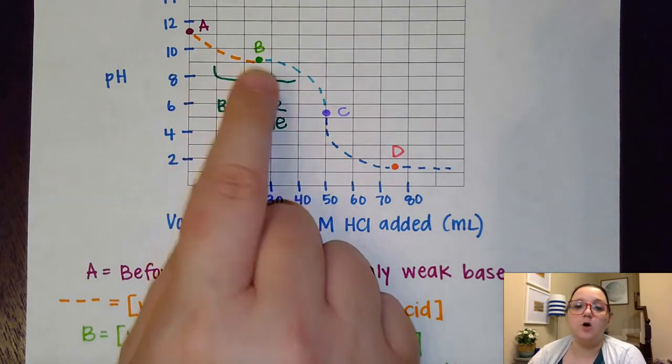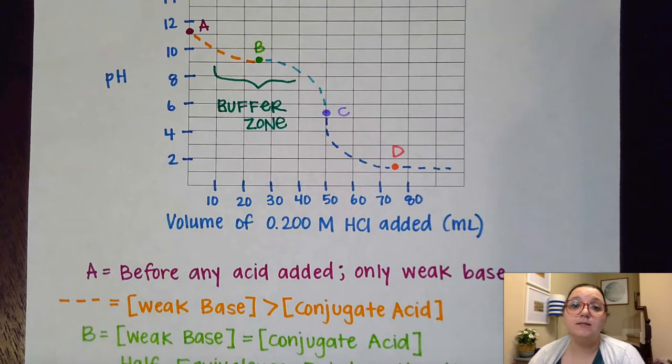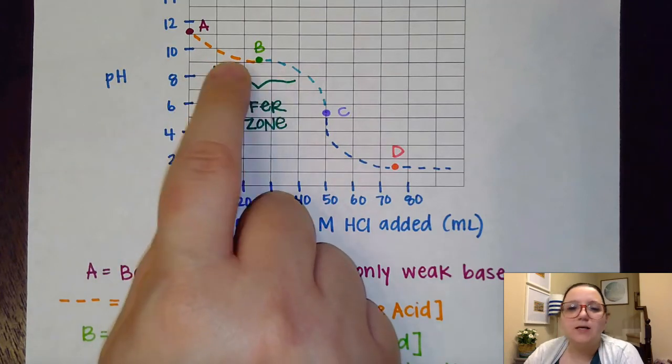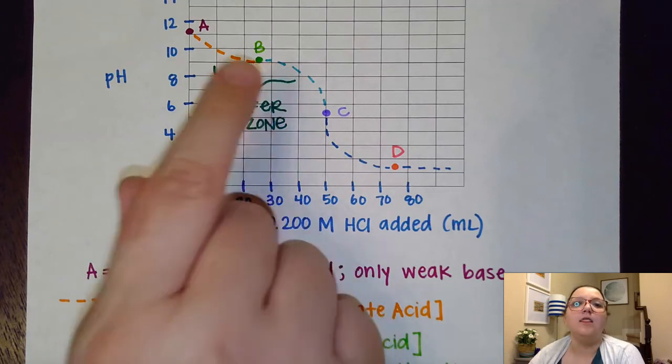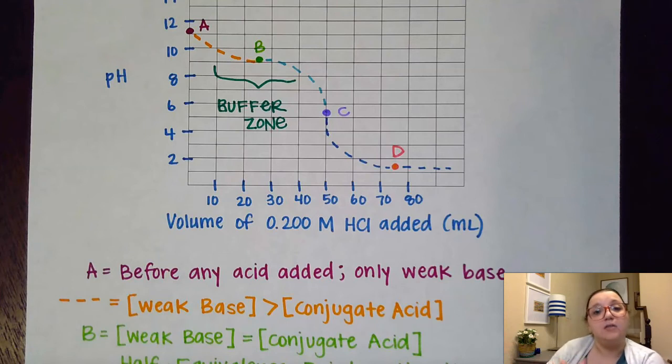I notated a zone here called the buffer zone. In our next class, we're going to talk about what a buffer is, but in essence, it's where the pH has minor changes even though I might add an acid or base to that solution. It is a solution that resists changes in pH. And so what happens is, because I'm getting this flattening out here, that system resists changes in pH in that zone. And so that means some special things with regards to calculations on that particular part. So we're going to talk more about that in our next class,